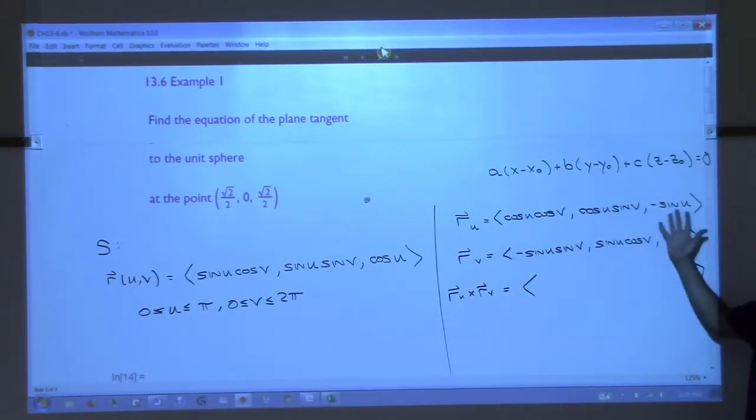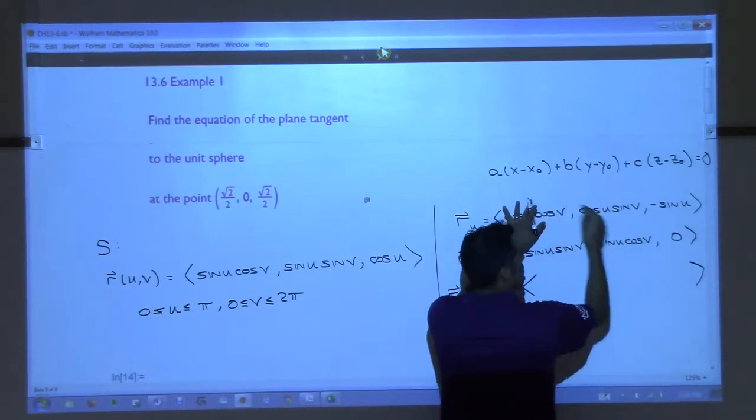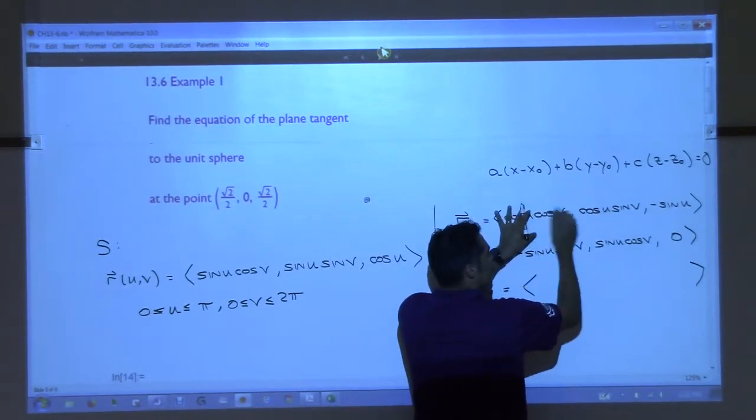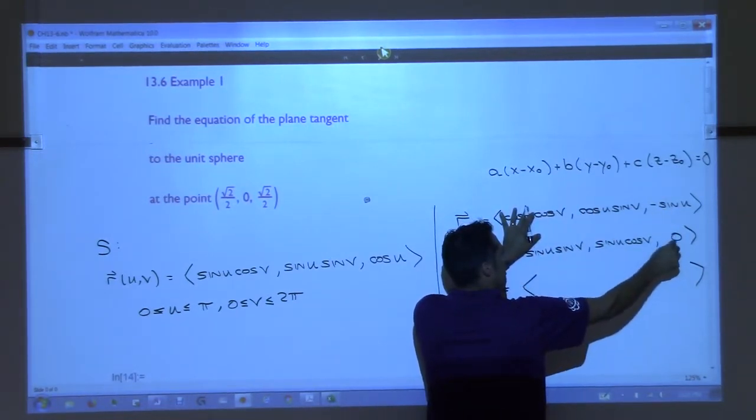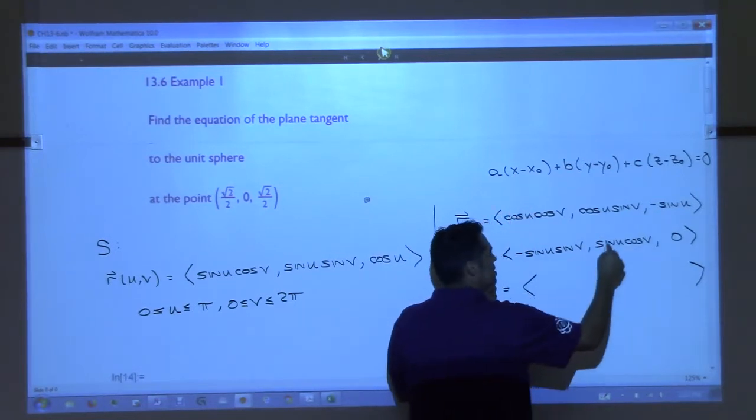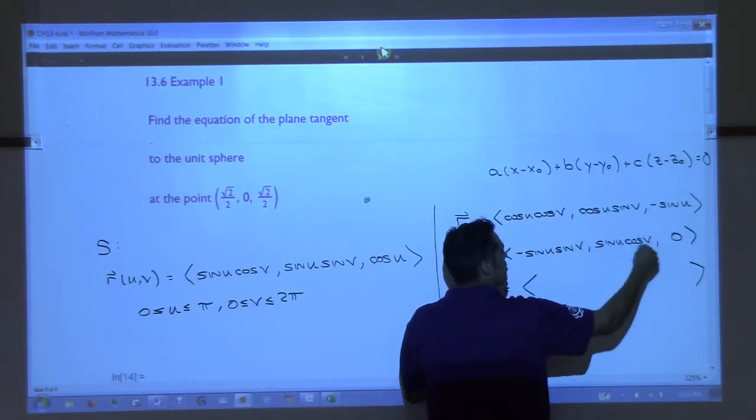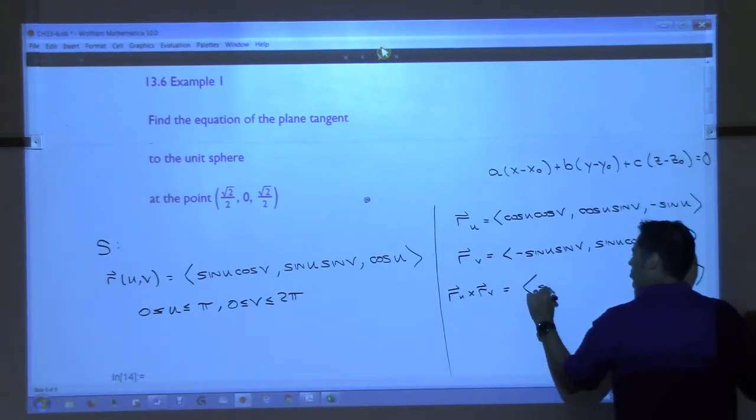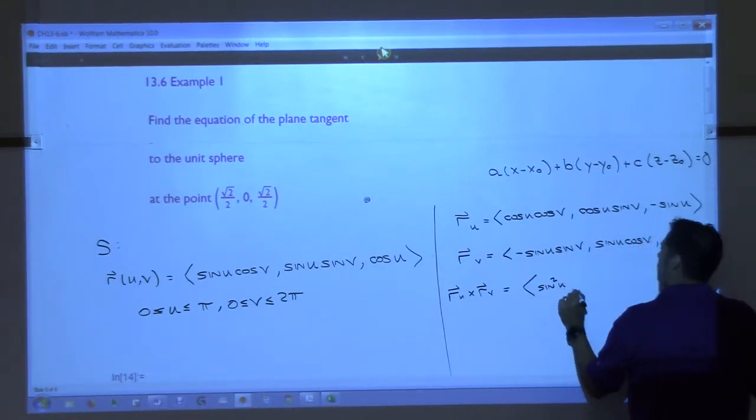And to cross them, I'm just going to do them right up here. I cover this up, right? And I do this little thing. So I get 0 and then minus, but then that's going to become plus, right? So plus sine squared cosine v,